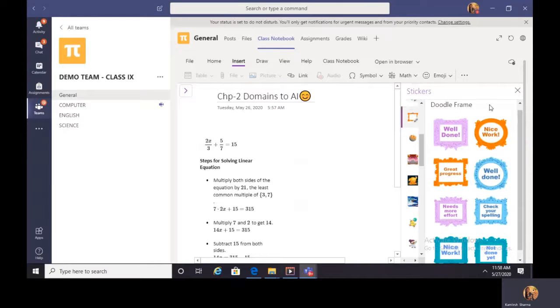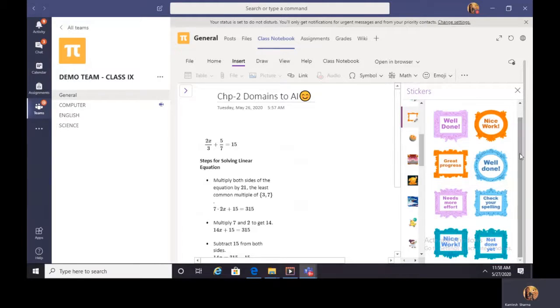Like this doodle frame, this can be used by the teacher for checking the students' work. Okay, so this can be really handy, and I'm sure the students are going to enjoy once they get to see this. How you are going to bring them on your page?